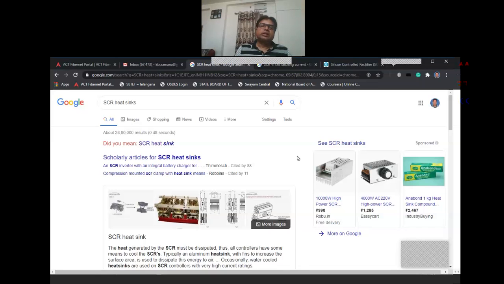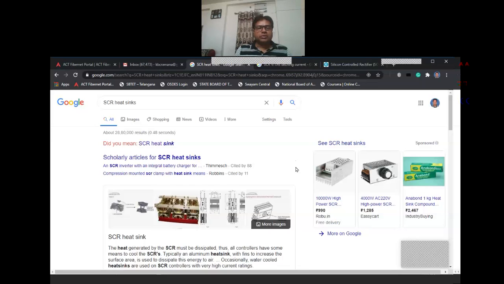But as the voltage and current ratings go on increasing, more and more heat will be developed across these electronic components, and particularly in all the power electronic devices which will operate under power frequency voltage and currents, and even more than that for transmission and distribution voltages where hundreds and thousands of volts and currents will be flowing through these power electronic devices.